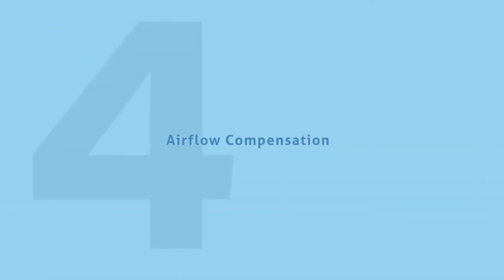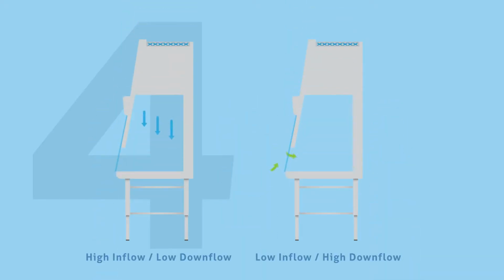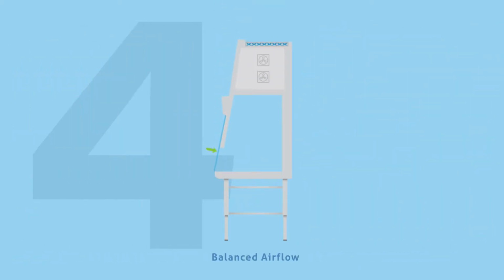Contamination is one of the most costly factors in any life science laboratory, resulting not only in discarded reagents and cultures, but loss of the time invested in growing and treating these cultures. Maintaining proper airflow and containment is critical to personal and sample protection. BSCs with high inflow and low downflow risk product contamination, while low inflow and high downflow can put users at risk. BSCs with a dual fan system, each independently controlled, enable the user to achieve precision airflow balance between inflow